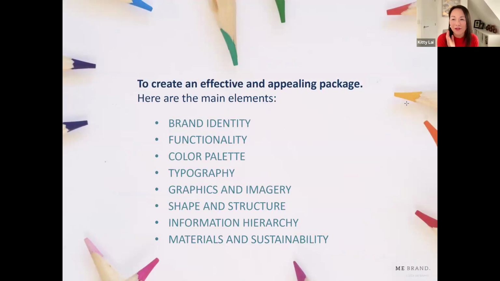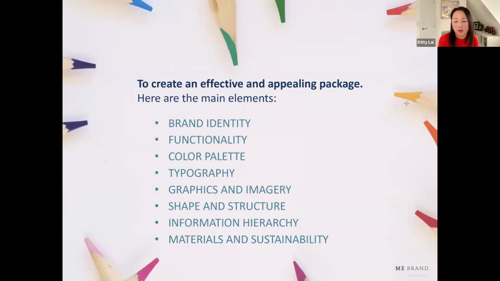So here are the main elements I've put together, and not in any order of hierarchy because they just work hand in hand. I cannot split one over the other. But essentially, the brand identity will establish recognition and consistency by reflecting the brand's visual elements. So that's a really important part of what you do for your packaging. If you've just got a plain box or a bag, you're not doing enough to actually make a brand